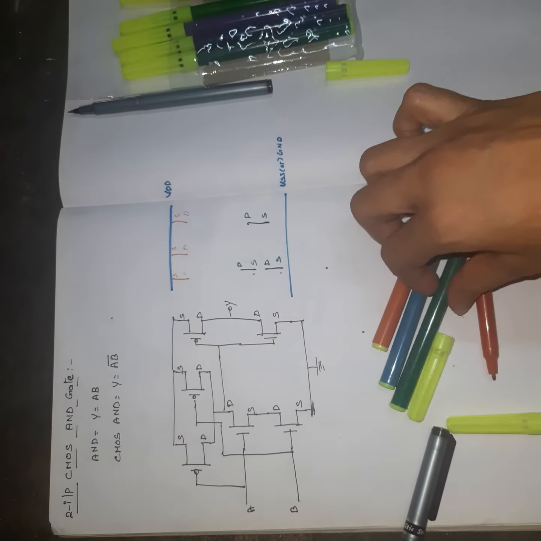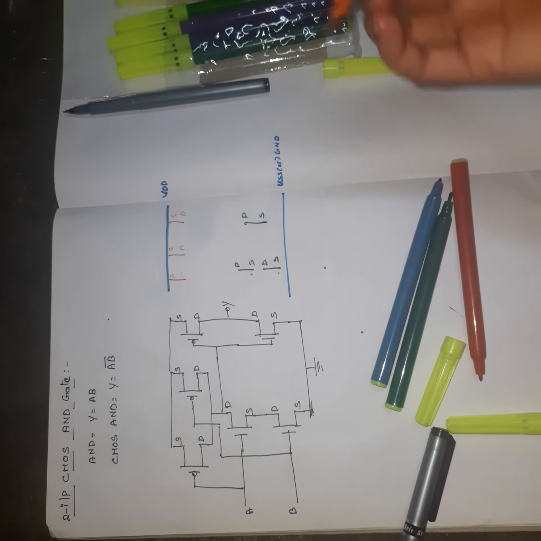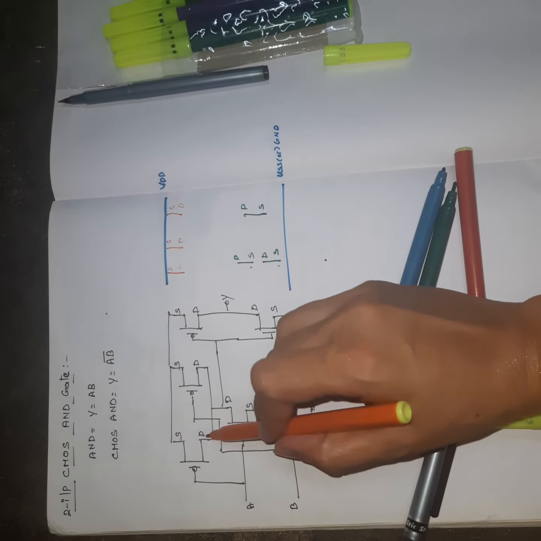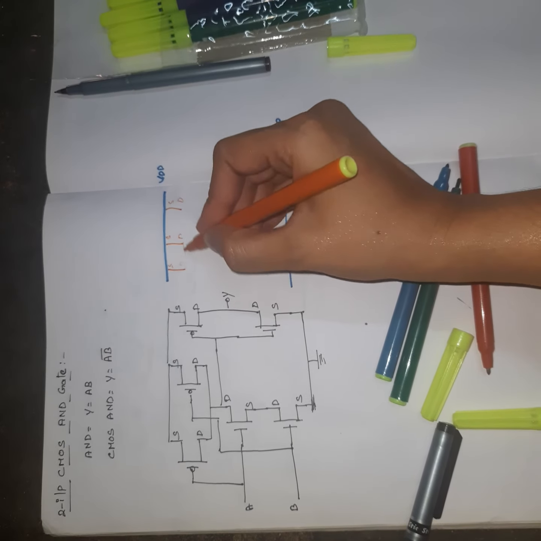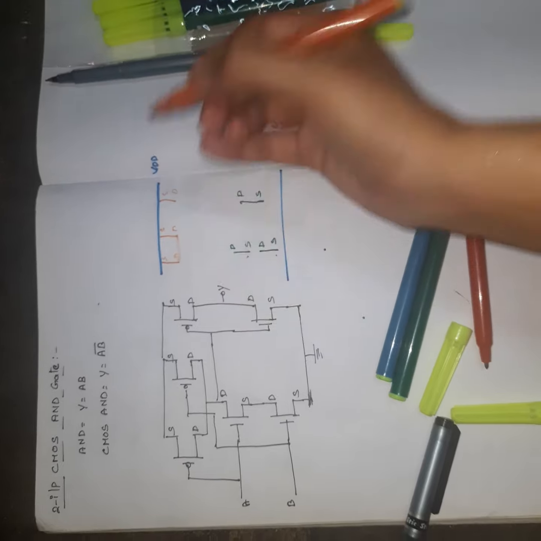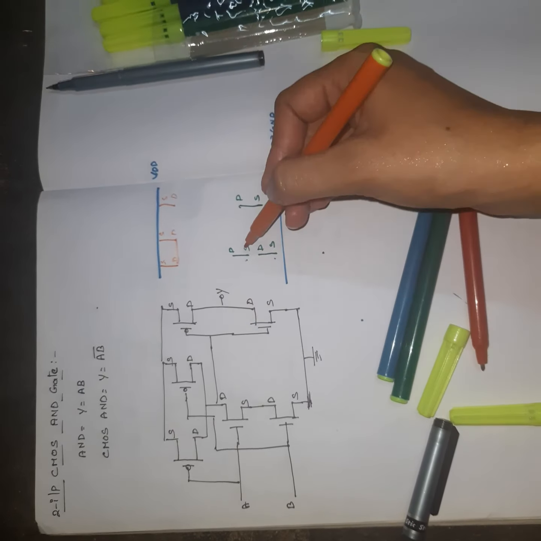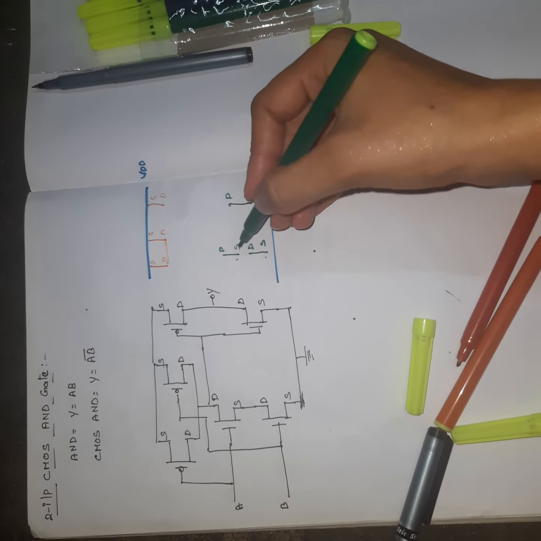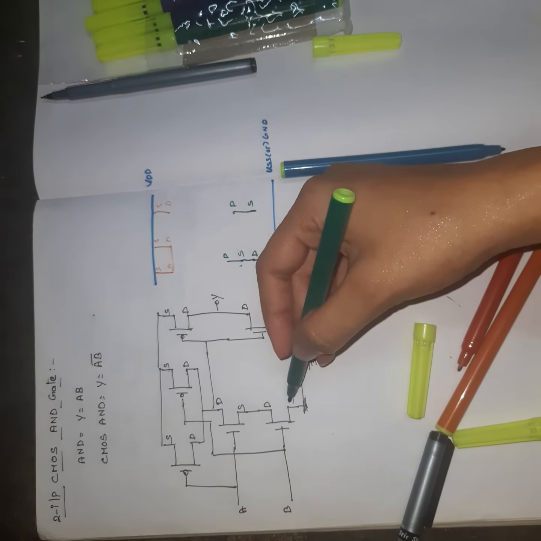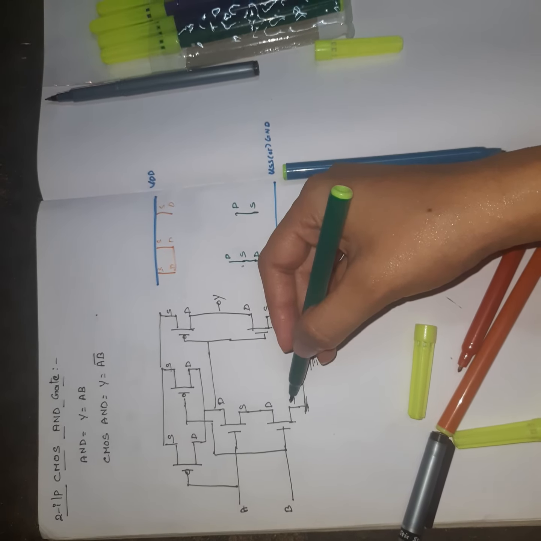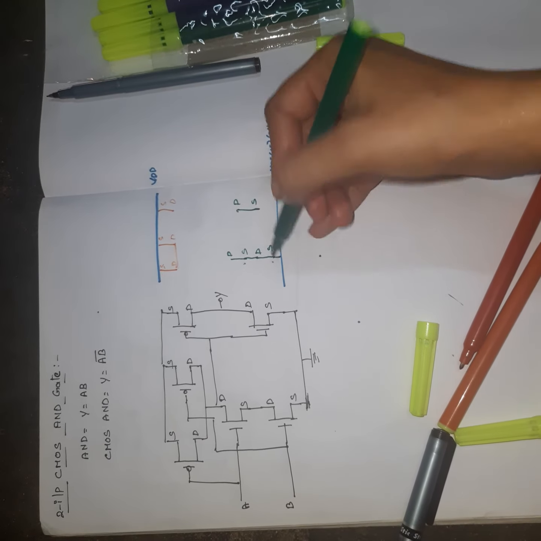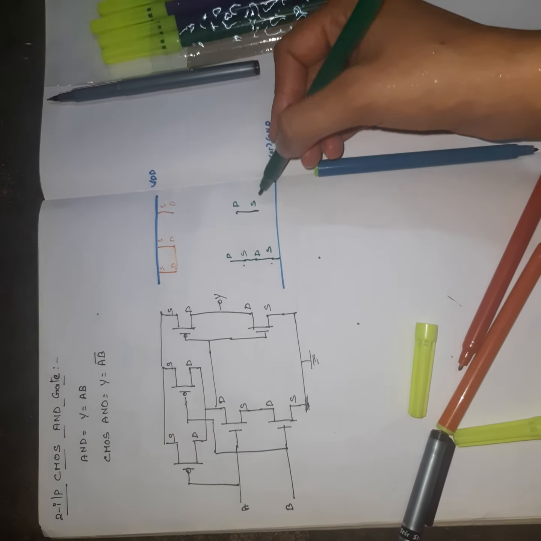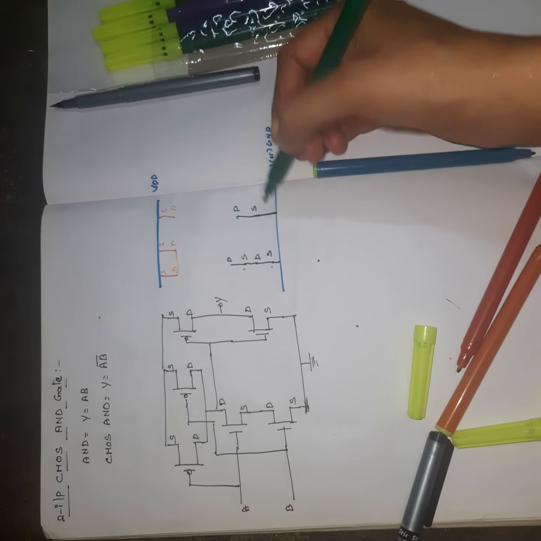Next coming to the connection part now. So using the yellow color, so see here, source is connected, drain is connected to drain here. So drain should be connected to drain. Next see, source is connected to drain, right? So using the green color, source is connected to drain. Next see here, source is connected to ground, source is connected to ground. So completed. So next see here, this NMOS transistor, so source is connected to ground here.